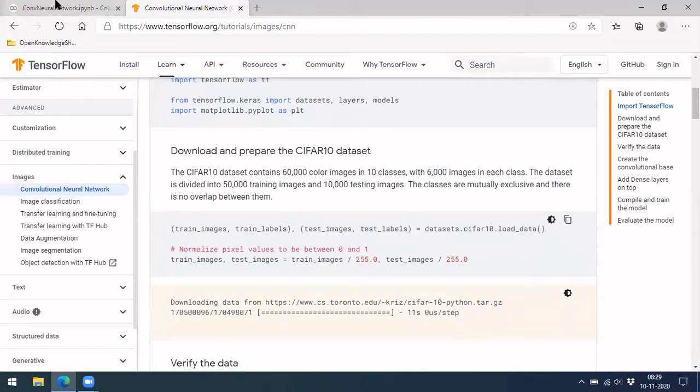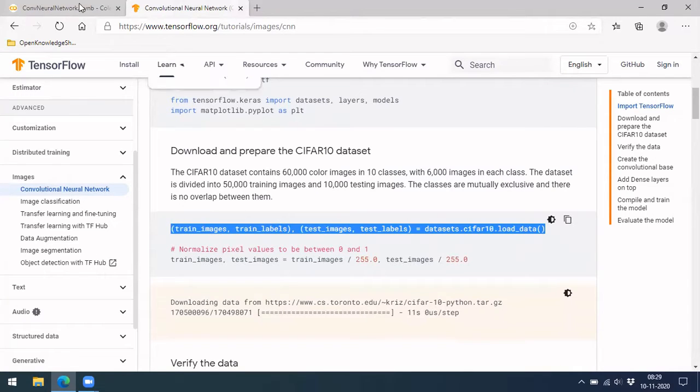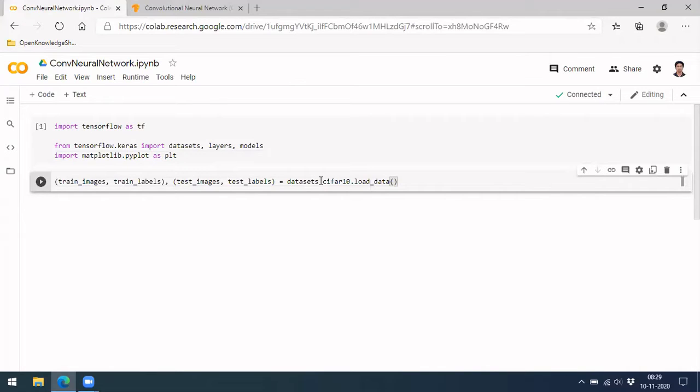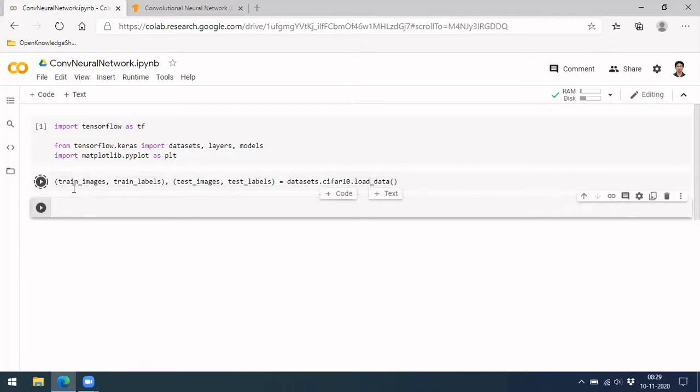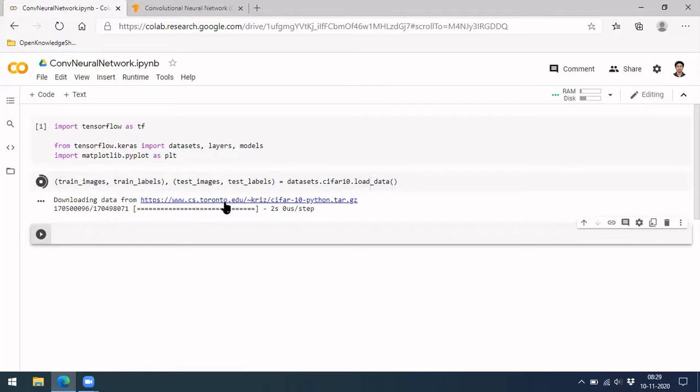In our previous session, we worked on the MNIST dataset. Similarly, there is a CIFAR dataset, which is also available within TensorFlow. Let's use that. If you call the CIFAR load_data, it will already have a split of train and test images. It takes some time because it is a larger dataset compared to MNIST, but still only around 40 to 50 MB, since the image size is very small.